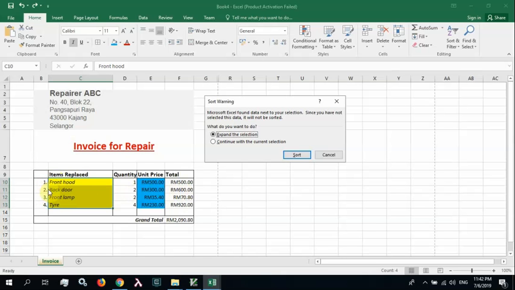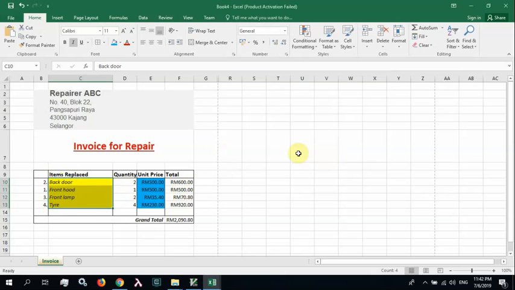So we have only selected this whole column. We need to expand to include column B, D, E, and F so that the sorting can be in order. Otherwise, you will only sort this column without taking into consideration that actually this whole row is a unit. Okay, so I'm going to choose expand the selection, sort, and true enough, you can see right now